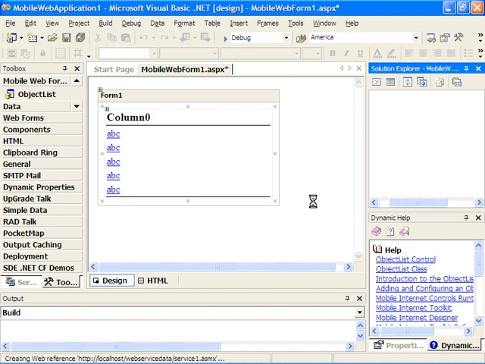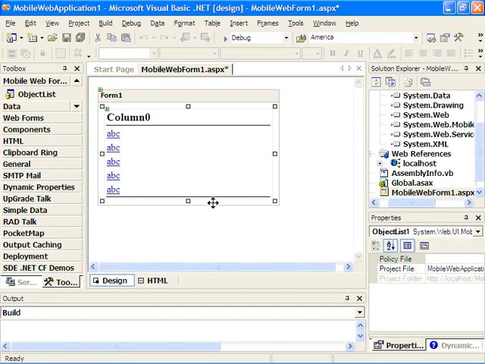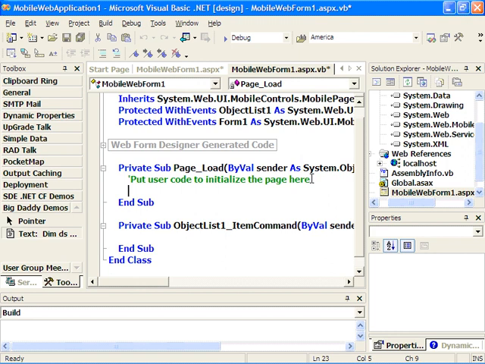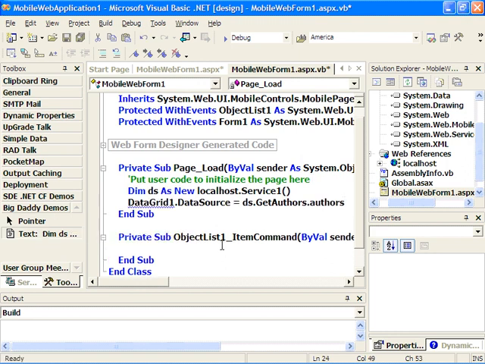Now that I've got that in there, I can double click on that form. I've added the web reference, and in this page load, guess what I'm going to do? I'm going to add that same code that we did for the Windows form and the web form. Now look at that squiggly. It's telling me that I don't have a data grid object on my form. That looks like trouble. All I'm going to do is change that to object